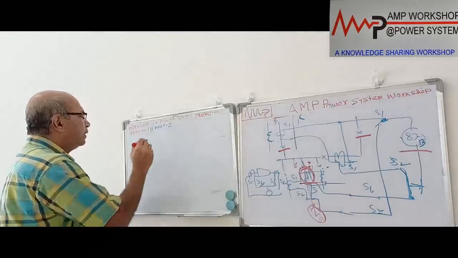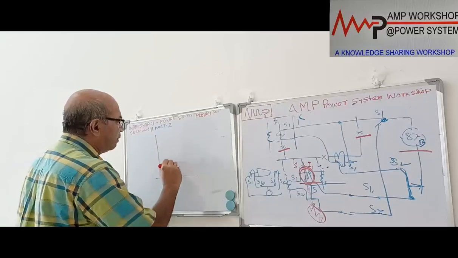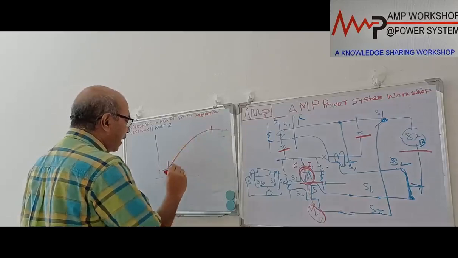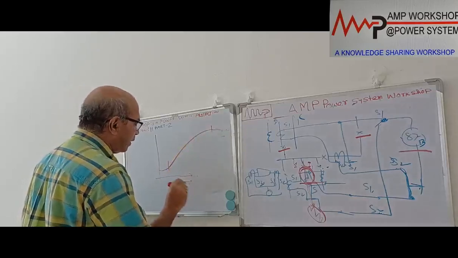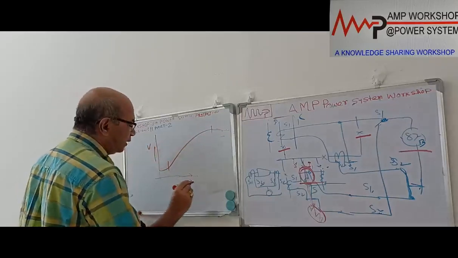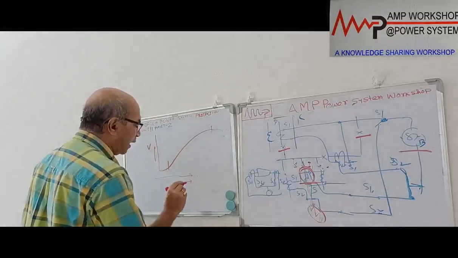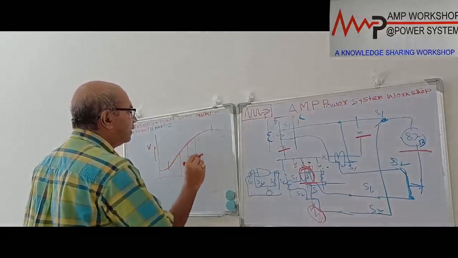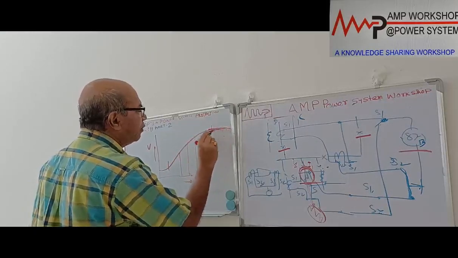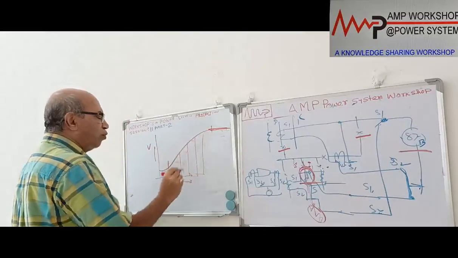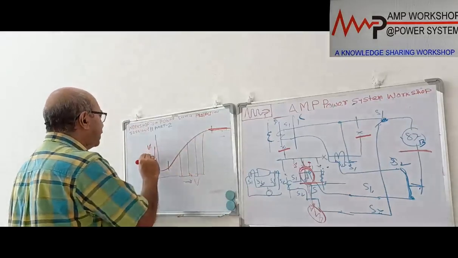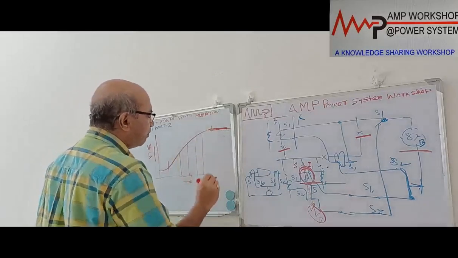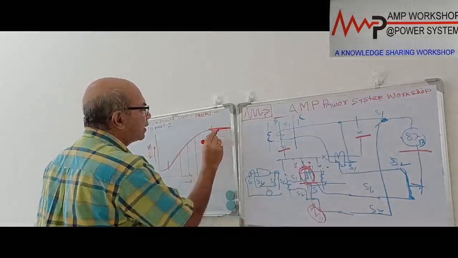If we see the CT magnetization characteristics, the CT magnetization curve is like this. In this area, this is your voltage and this is your current. As you increase the current, the magnetization will be increasing. This is a level of magnetization. Then after that, it becomes saturated. Suppose this is the voltage and this is the magnetization current. After that, if you further increase the voltage, the current will not increase, it will be saturated.